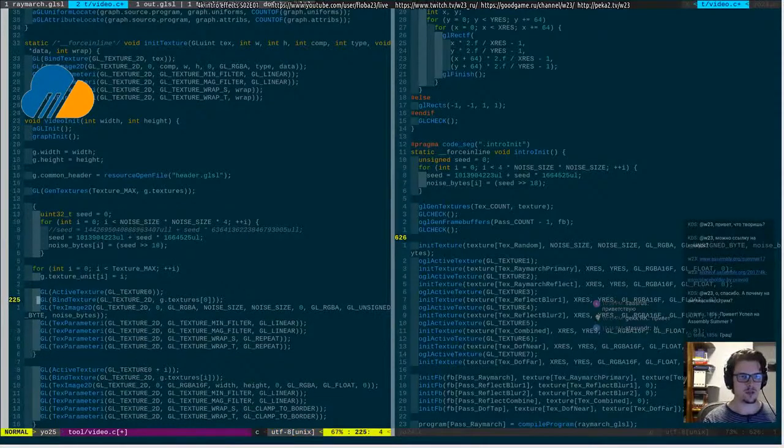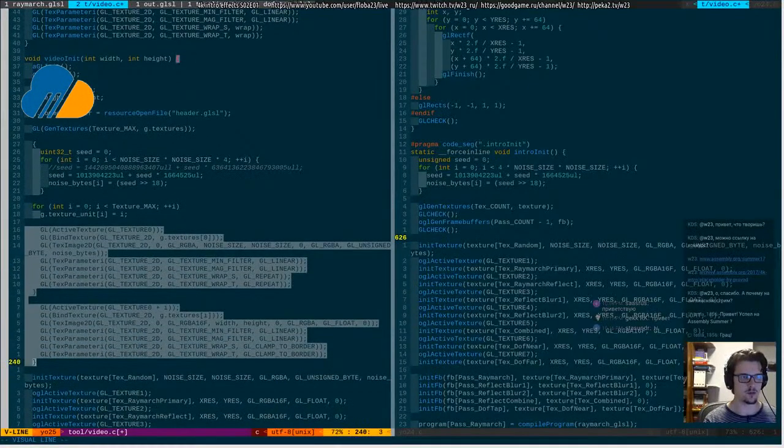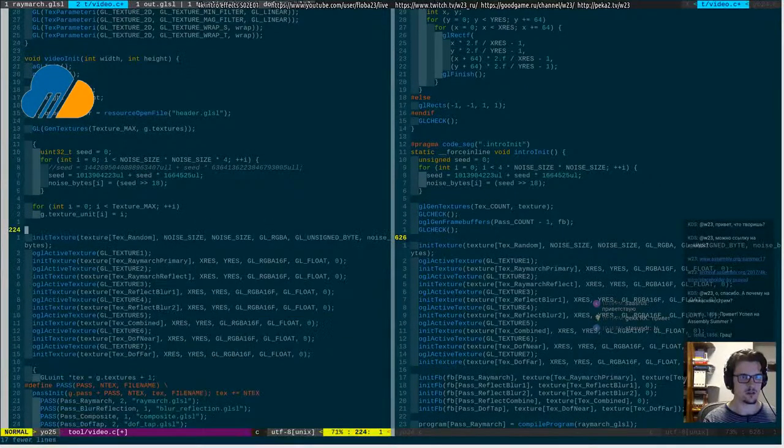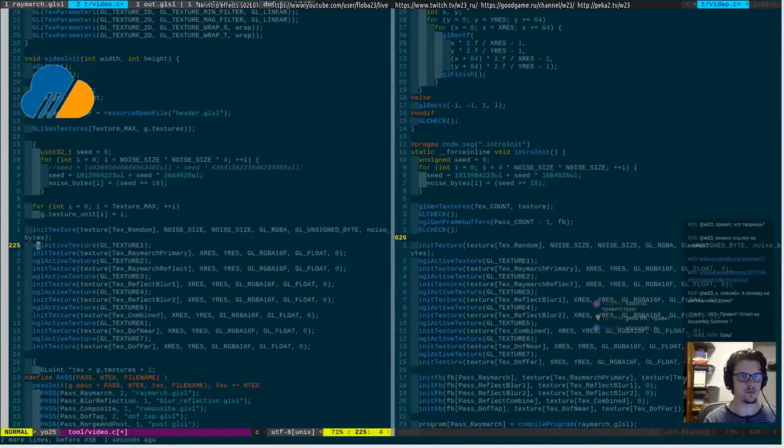I'm too lazy to change this code, and then I basically can remove all these things. Textures. And